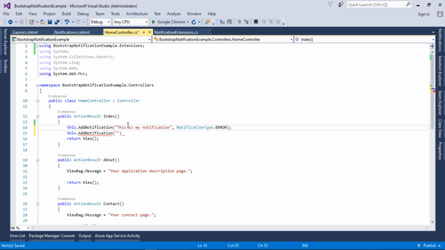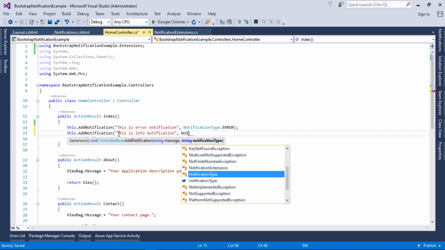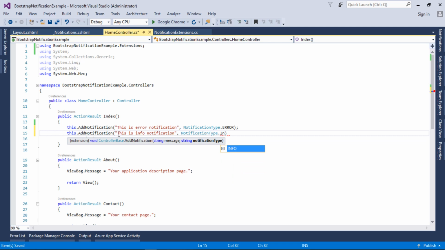Now I will type some different types of notification. Let's change this message: this is error notification. Similarly, this is info notification, and now we will pass the notification type as well, NotificationType info.